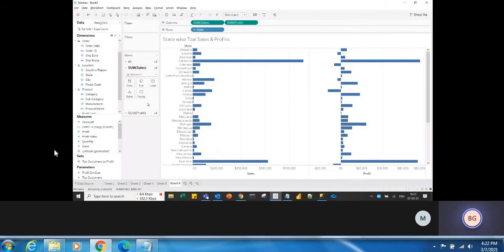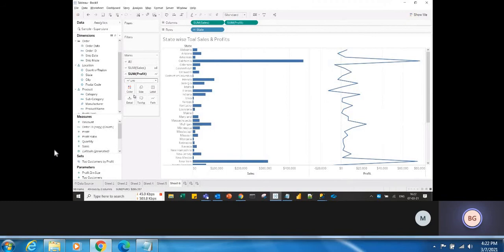And go to the next mask card, that is profit mask card. Here it is again taken as a bar chart, but what do you want to show? You want to show it as line chart, right? So select the line here. See, so we are using bar chart and the line chart in the single visualization, right, in the single sheet. So that's why it is called combination chart.